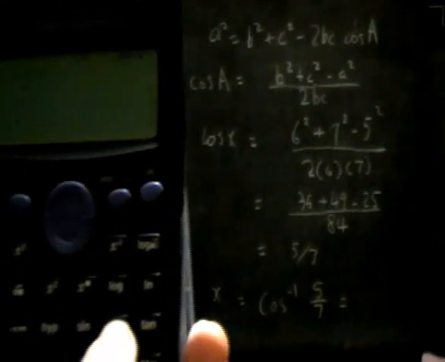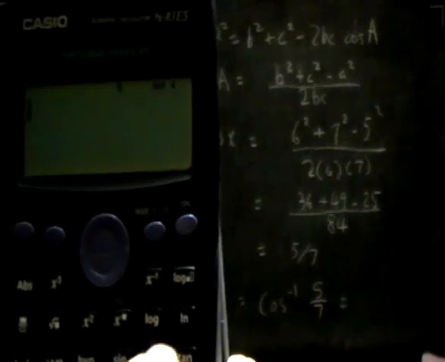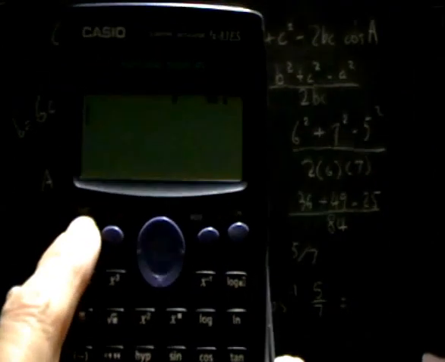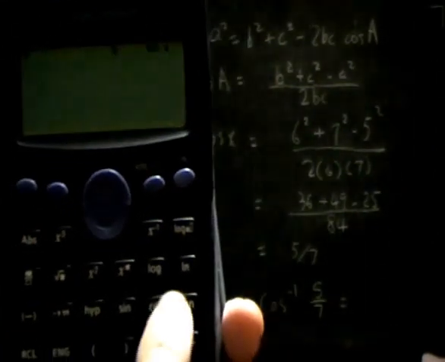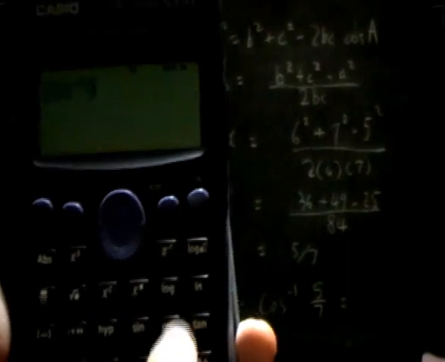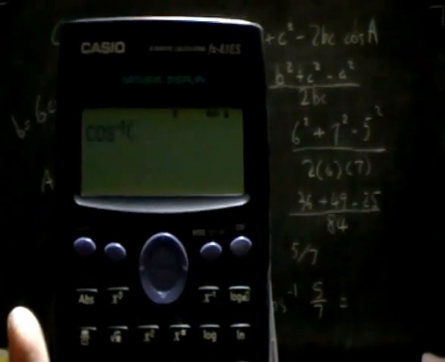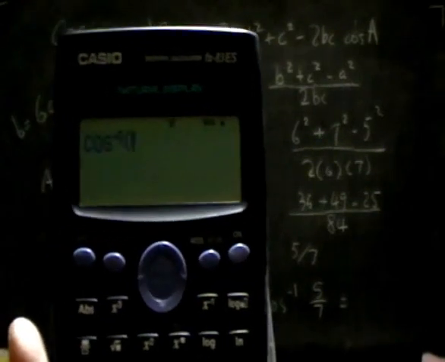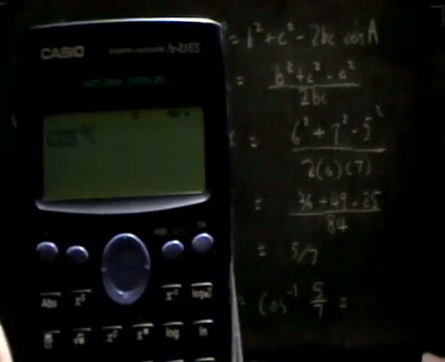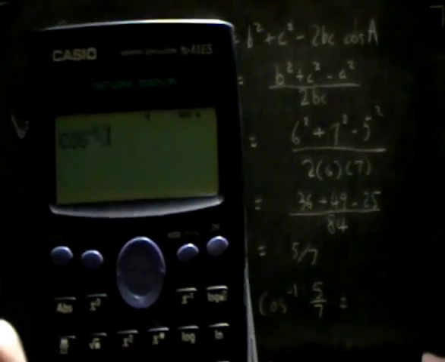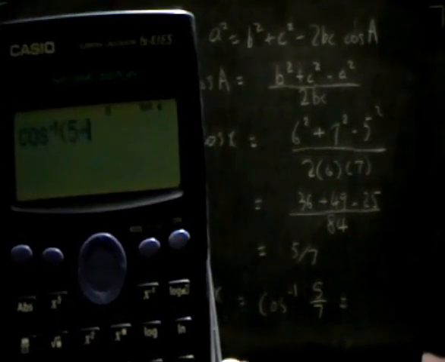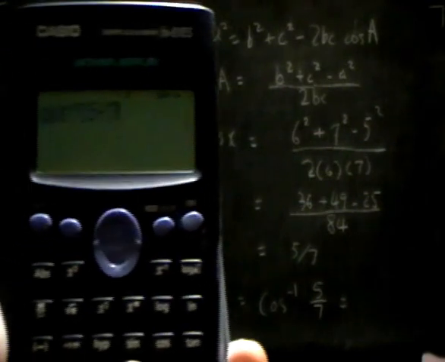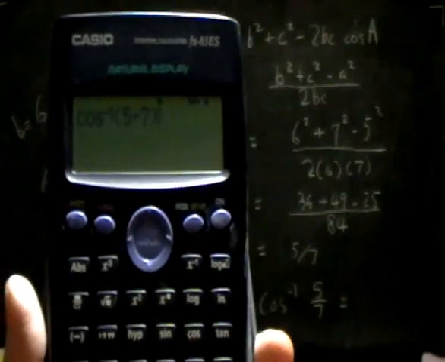And we can use that function by first pressing the shift button followed by the cosine button. Right, that gives us the cosine minus 1 symbol. Okay, and we know that the cosine is 5 over 7, so 5 divide 7, or you can do 5 over 7 as a fraction, close bracket, and that's it,